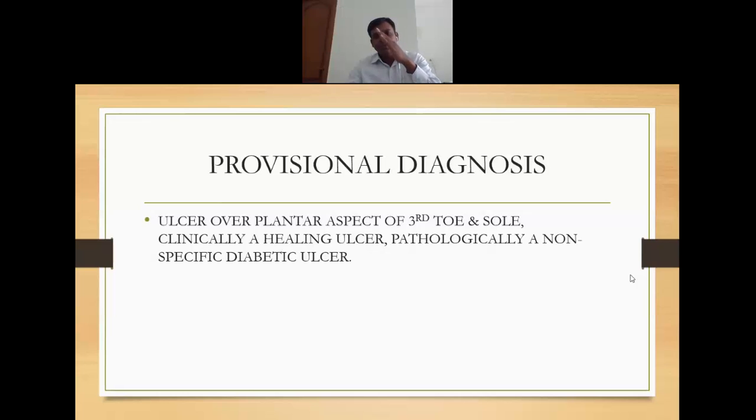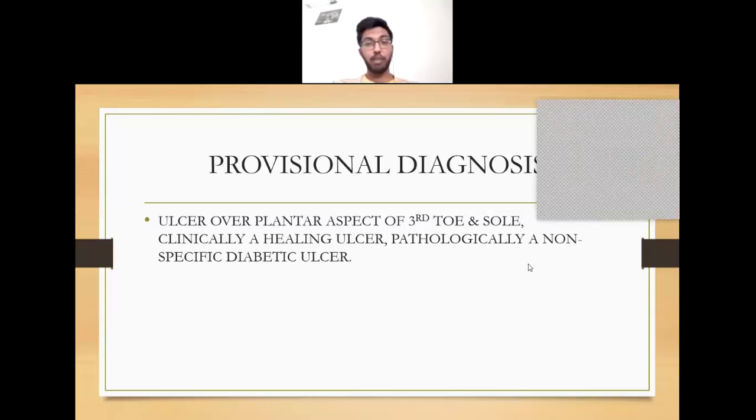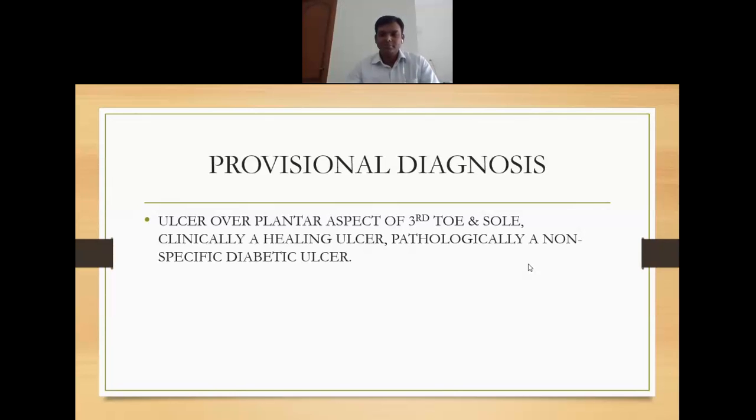So why is it always sloping? Why not undermined, like in a healing ulcer? Sir, because the basal epithelium will be migrating towards the center, and that is what is proliferating. That's what I am asking. Why? Because there is migration towards the center. The cells are migrating towards the center. Why only towards the center? I am asking. Because maximum necrosis is at the center.